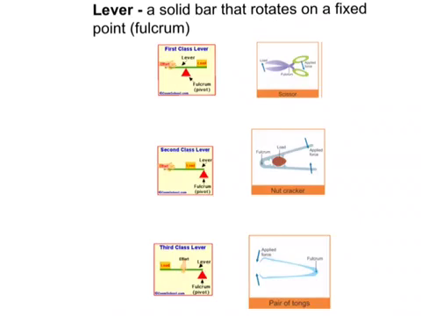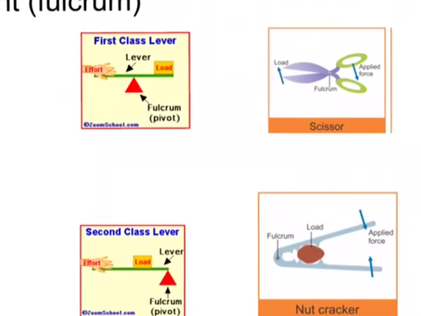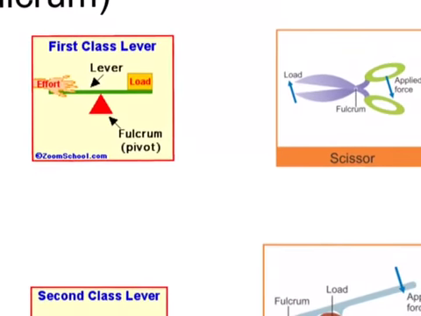First, let's look at the first class lever. Now this one, you have the fulcrum in the center. It's where you pivot. And you have the effort on one side, and you have the load on another side. If effort goes down, the load goes up, and vice versa. This is the simple first class lever. Effort is on one side, what you put in, and the load, or what you're trying to lift, is on